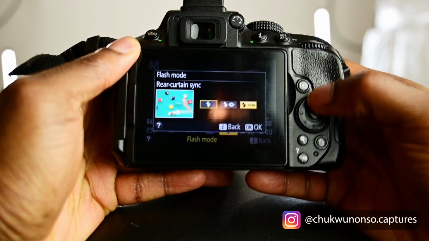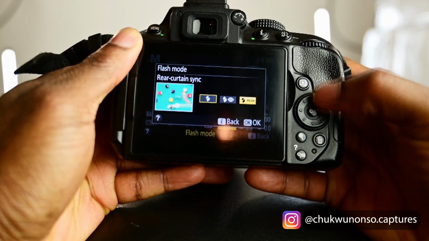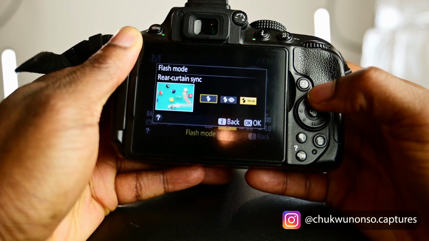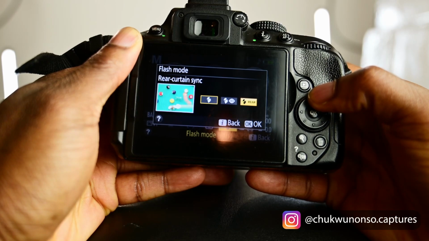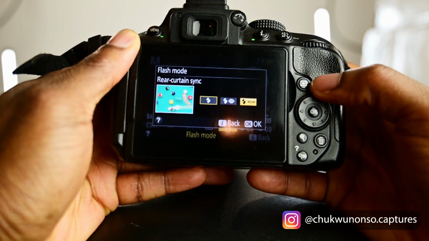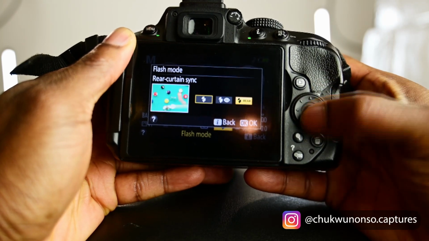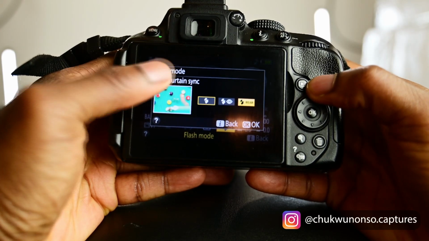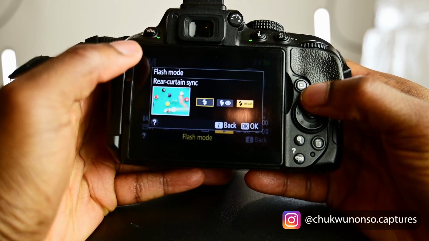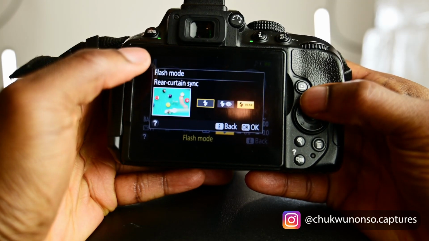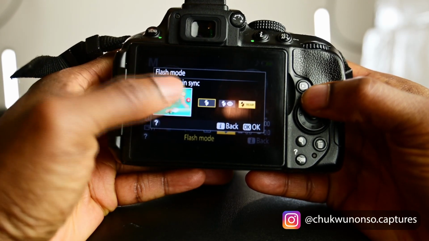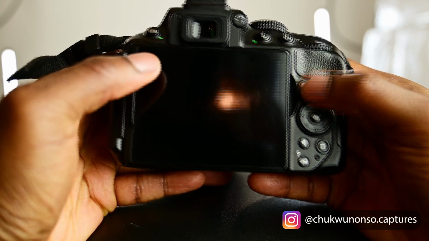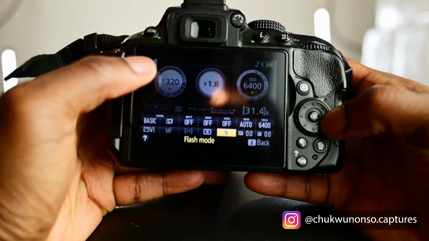And then the last one, last but not least, which is my favorite, is rear curtain sync flash, right? So this flash setting is more of a creative type of flash setting. Basically, the flash fires at a certain time relative to the shutter closing or opening. And what it does is it creates this motion trail. As you can see, these billiard balls, these pool balls here, as they're in motion,